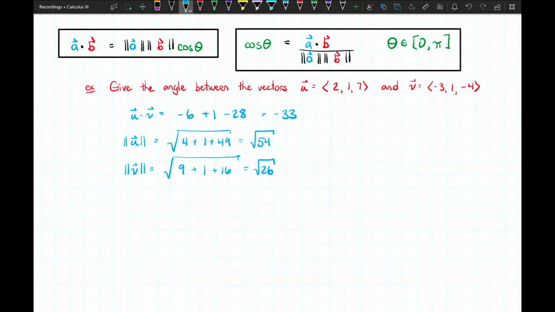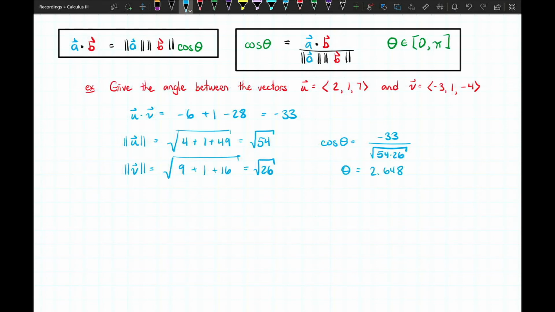Okay, now let's put all these values into the formula, and we can then take the inverse cosine. Now for convenience, when we have two square roots multiplied together, then we can take the square root of the product of their radicands. So we can multiply 54 and 26 and find that result and square root the entire value that way. Make sure to have your calculator in radians since we're going to be typically expressing all angles in calculus using radians. Now, this doesn't work out to be a very nice number. Theta is approximately